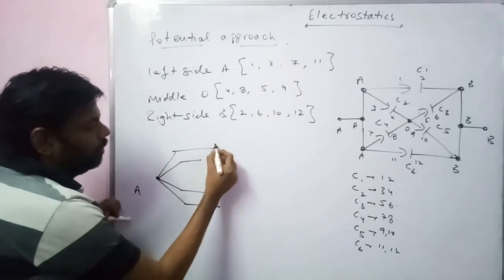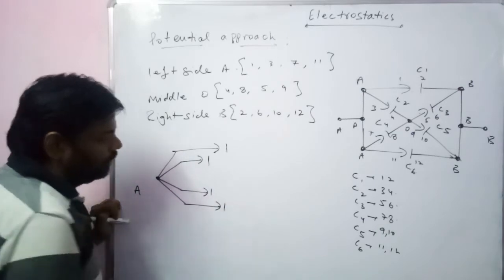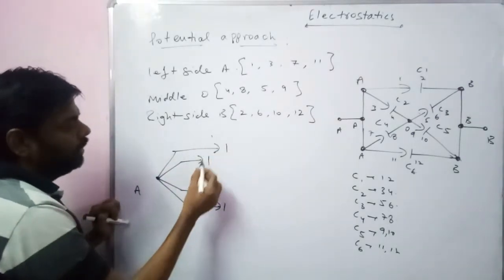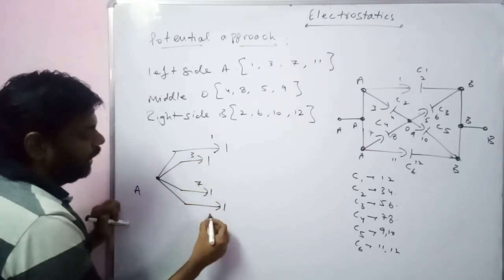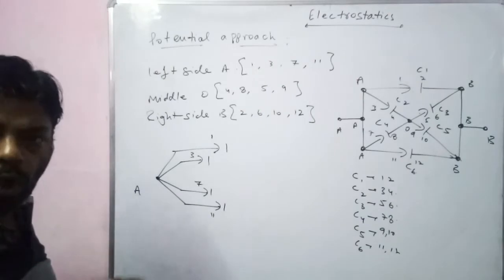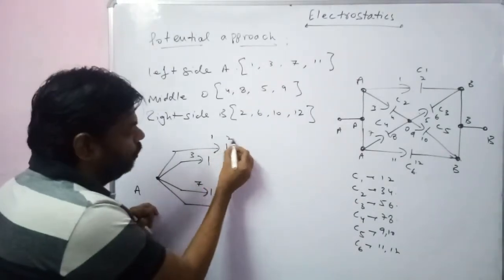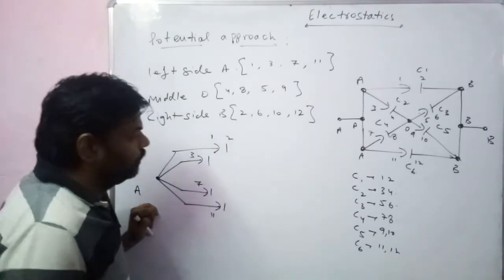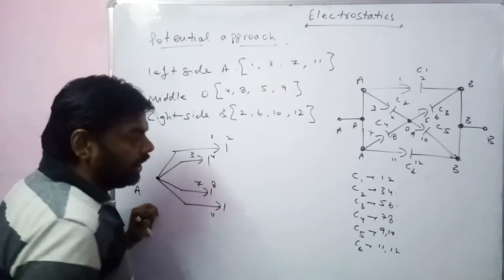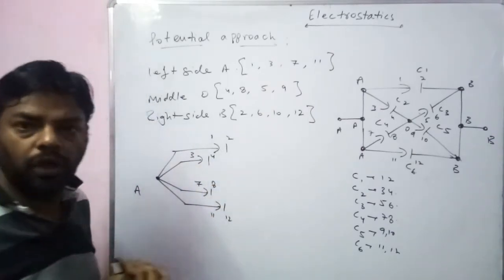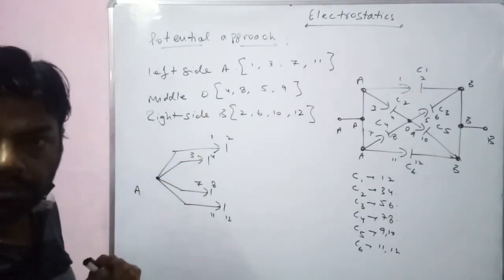Now, mark the capacitors. Okay? Name the plates. Say 1, say 3, say 7, and say 11. Clear? Okay? Now, finish up the pairs. 1, so we are going to say this will be the plate 2. 3, this will be the plate say 4. 7, this will be the plate 8. And 11, this will be the plate 12. Okay? Now the connections of the plates with the point A, they are completed.